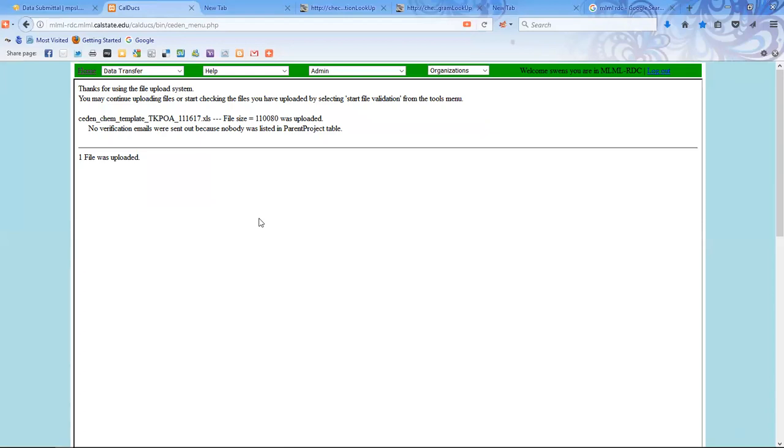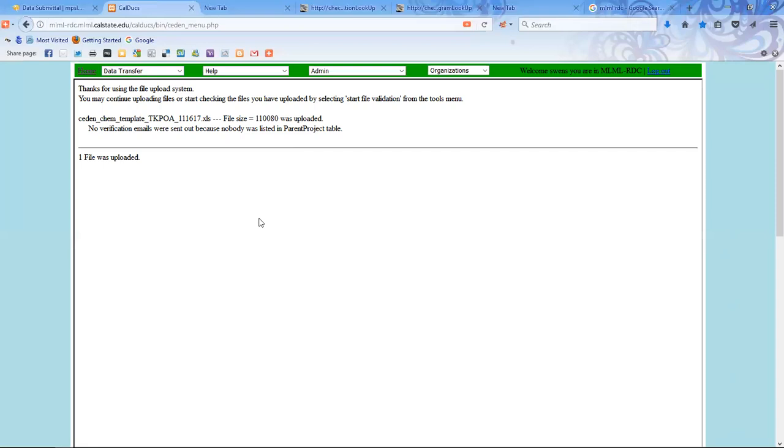Based on the file size is how long it would take to check. Obviously, this doesn't have very many records, so it checks rather quickly. But if you have a file that has 40,000 records in it, it's going to take a few minutes to run. Upon running it, you're going to see your message that will say that it was uploaded. If there's a problem with the formatting of the file name, or you've moved a column by mistake, you will get an error here that it couldn't be recognized or it couldn't be uploaded, and then you would have to go back and